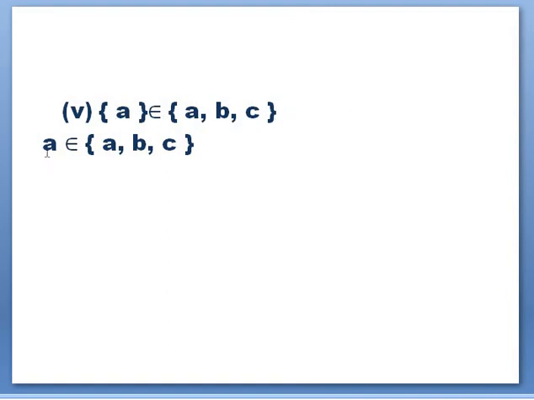But this is a set, so this one is wrong. But if you consider the second statement, it is only an element. Element A belongs to the set containing elements A, B, C. So yes, element A belongs to this particular set. So this example is true, but this one is false. Why is it false? Because of this curly bracket, which makes it a set. Okay, is it clear? Are you clear about this concept?